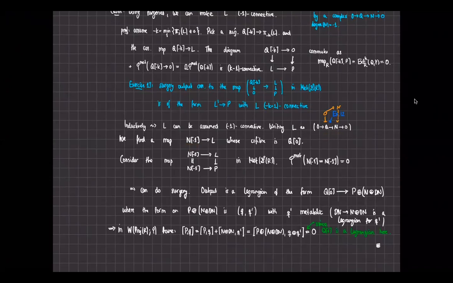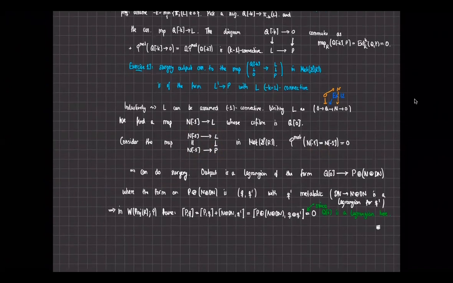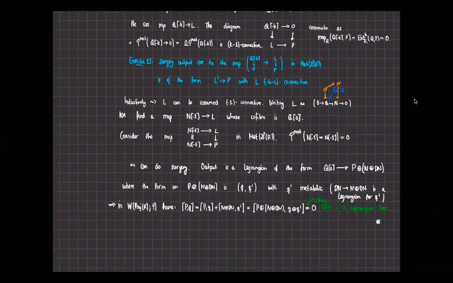And now you do this fun trick to show that we now consider this diagram as a morphism in the metabolic category, from the identity to this Lagrangian L to P. And again, you calculate that the restriction of the form is 0 for trivial reasons. Just the space of all forms on this object is 0. So again, this is a surgery datum, so we can do surgery. And then, okay, I invite you to look at these notes in more detail if you wish. But the point is that what comes out